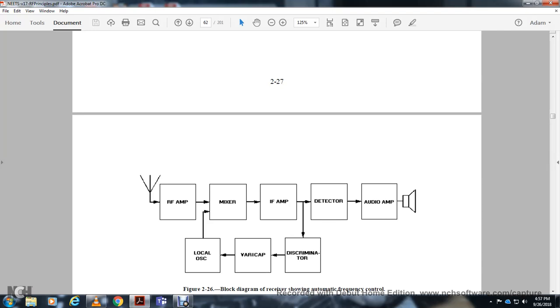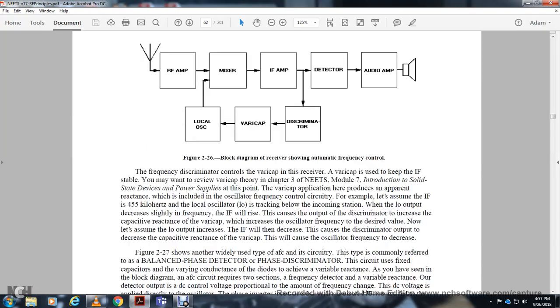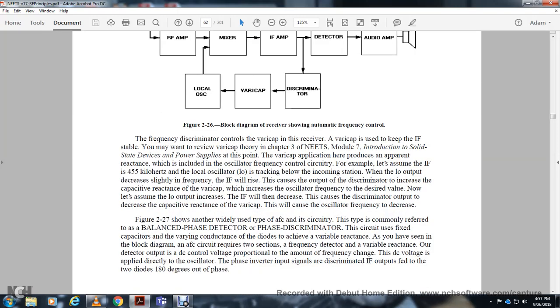Antenna, radio frequency amplifier, mixer, the intermediate frequency amplifier, detector, audio amplifier. In between the intermediate frequency amplifier and detector goes the discriminator, varicap, local oscillator, mixer, and then back to the intermediate frequency amplifier. The frequency discriminator with the varicap in the receiver keeps the intermediate frequency stable. You can review varicap theory in chapter 3 of the NEETS